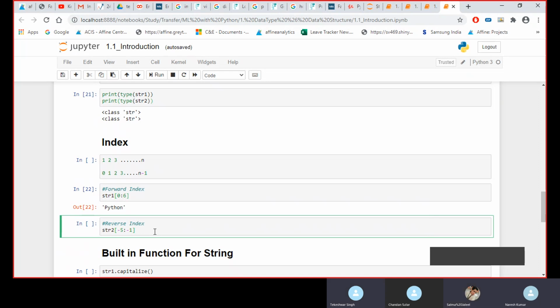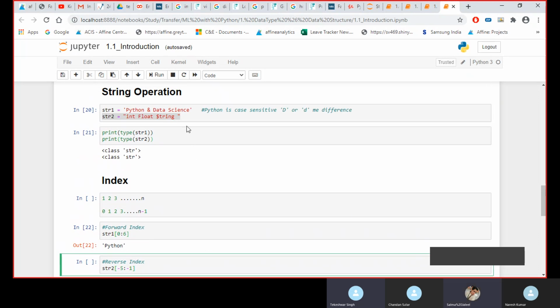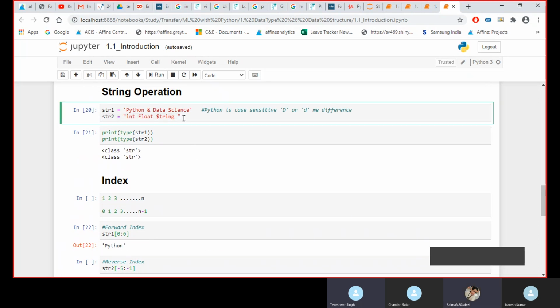-5 means it will take some reverse calculation, right? Is it NG? Will it give TRIN?